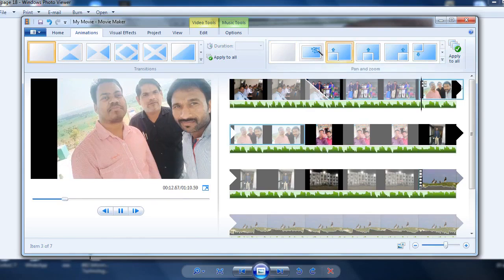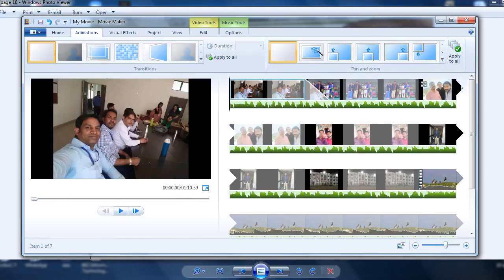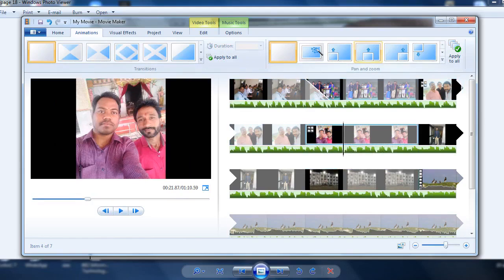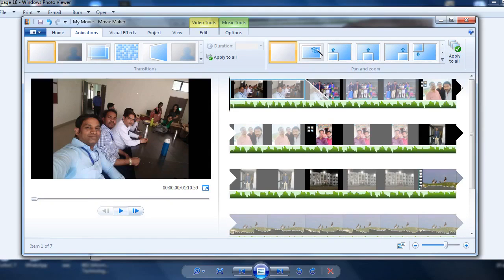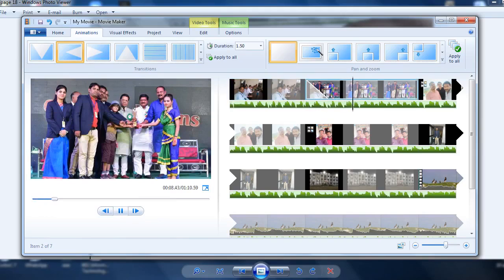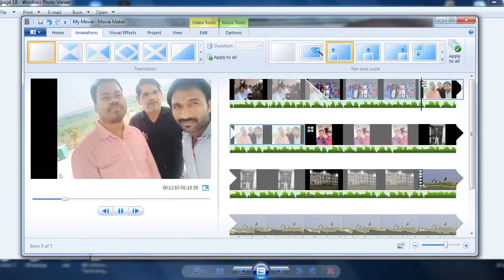I have selected the second image, so I will click on this, right? Suppose I have clicked on this. Now for this image I will click on this, right? Now let's play this. From the first image to the second image, the transition will be there.